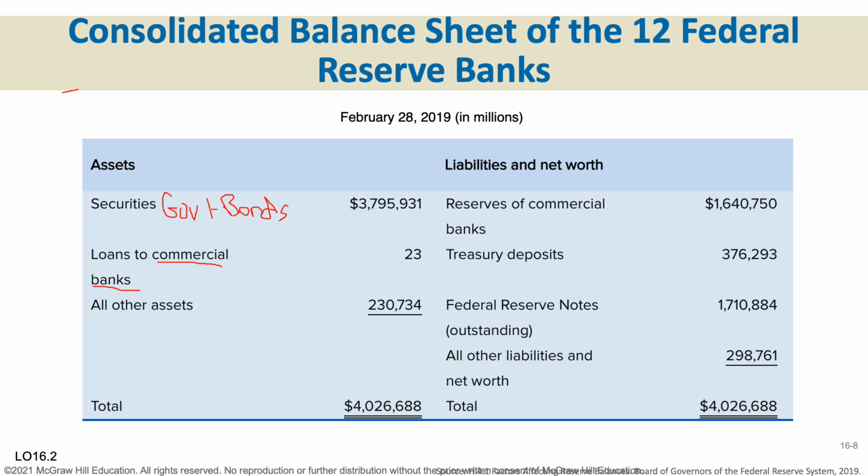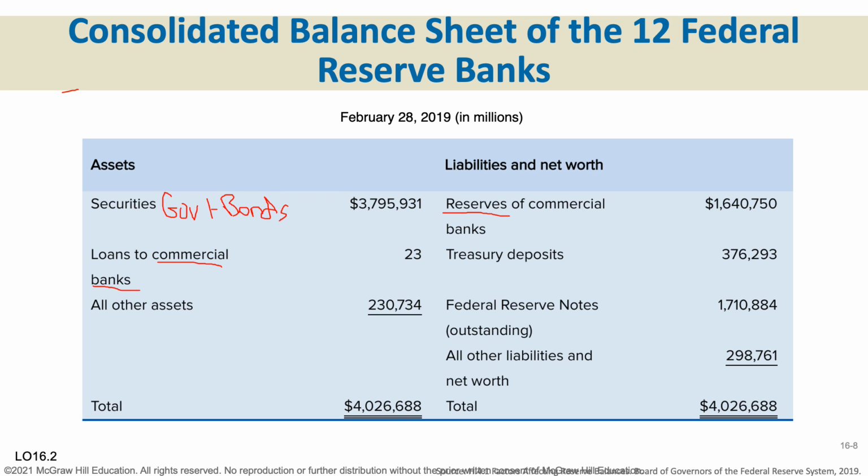It's loans to the bank. So it's an asset to the Fed, but that same account is going to show up on the commercial bank's balance sheets, and it's going to be a liability to them because when the bank gets a loan, they have to pay it back to the Fed. That's a liability, something they owe to the Fed, but it's an asset to the Fed because it's money that they're going to get. And then on the liability side, the only account that we work with is this reserves